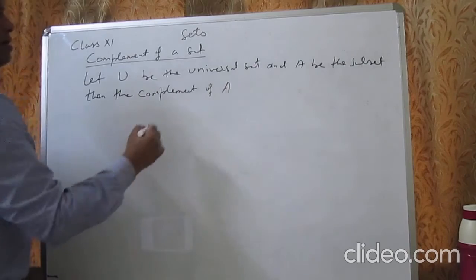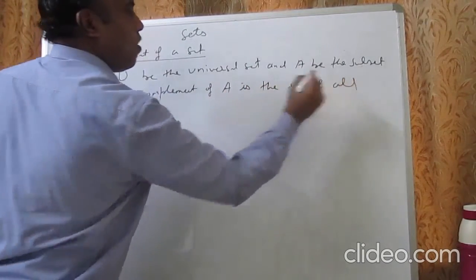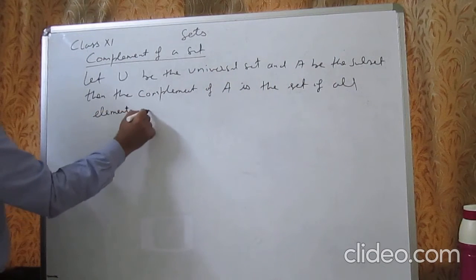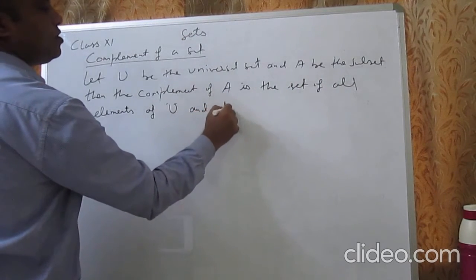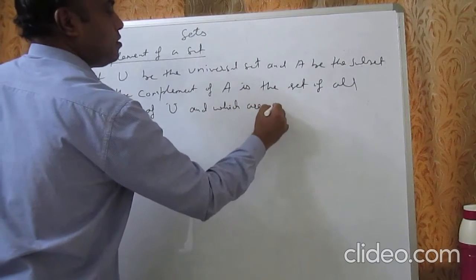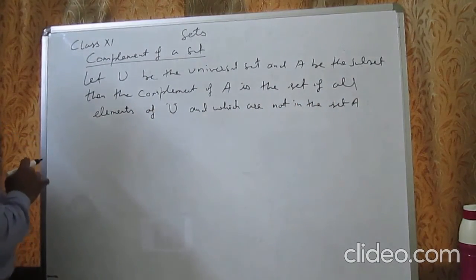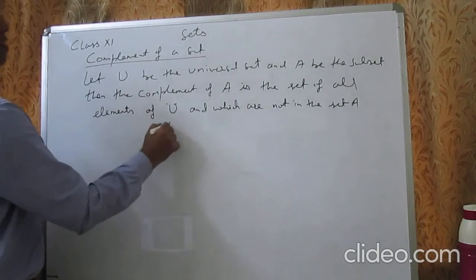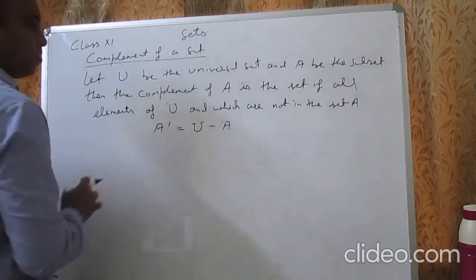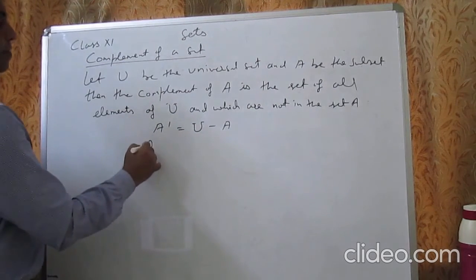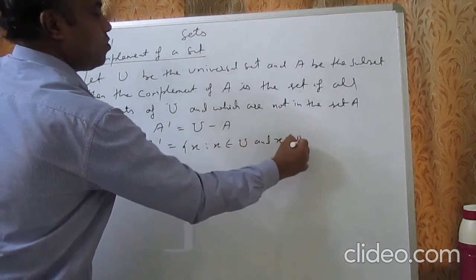The complement of A, क्या होगा, is the set of all elements of the universal set which are not in the set A. सेट ए के एलिमेंट्स नहीं होंगे, ओनली सेट यू यूनिवर्सल सेट के एलिमेंट्स होंगे, तो ए कॉम्प्लीमेंट यू कैन राइट एज यूनिवर्सल में से ए के एलिमेंट सब्ट्रैक्ट कर दीजिए. डिफरेंस सेट ऑफ यूनिवर्सल माइनस ए इज अ कॉम्प्लीमेंट सेट. मैथमेटिकली यू कैन राइट x such that x belongs to U and x does not belong to A.